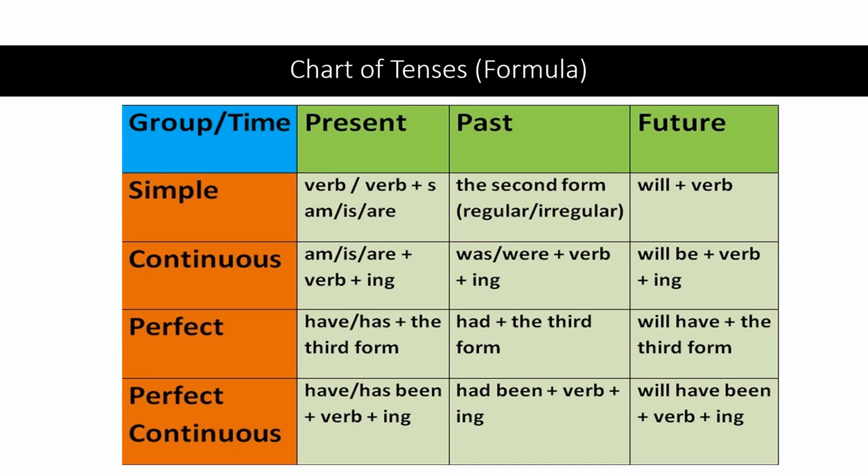What you see in this slide is the chart of the 12 English verb tenses. In this slide, you can see the formula for each tense. These formulas can help you to structure or to arrange the verbs so that they will have the correct form. It is highly recommended that if you are not yet familiar with different verb tenses in English, to have a copy of this chart.